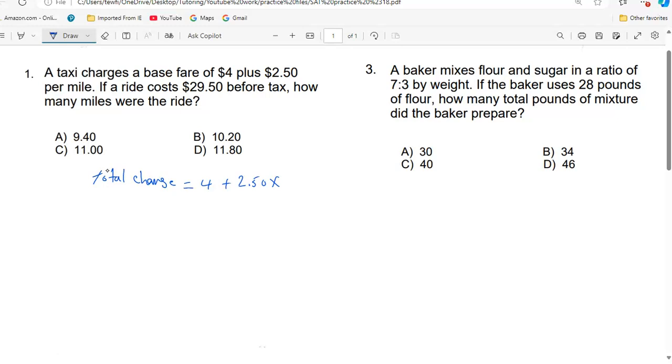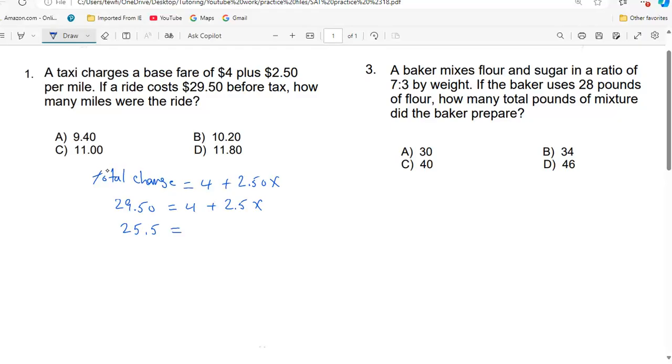So the total charge, $29.50, equals 4 plus 2.5x. If you subtract 4 from both sides, you're going to get